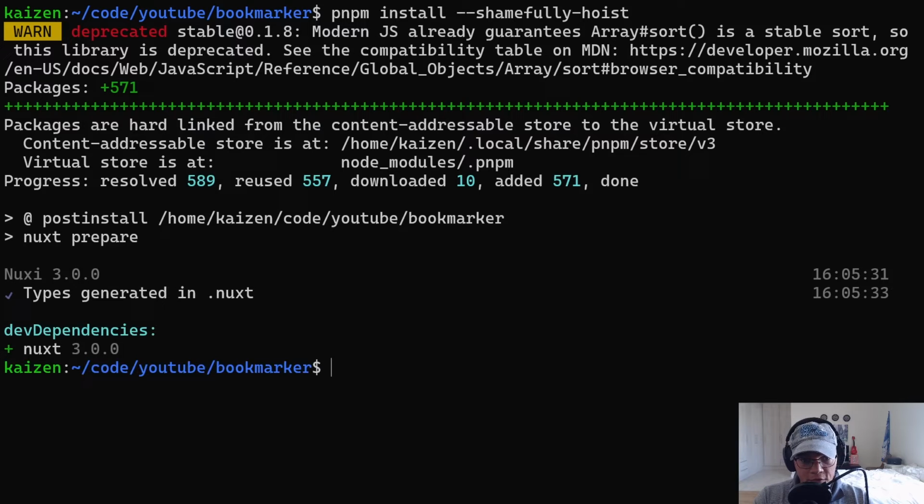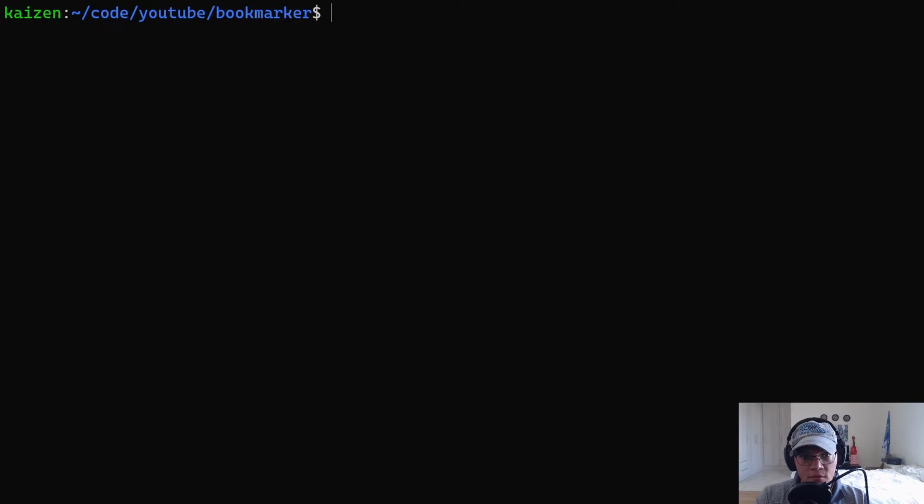So that has finished installing. You can see that types generated in .nuxt. So we've added a new folder called .nuxt, which just basically generates types for you. So what we can do now is, let's just do a pnpm run dev, because that's in, let me show you, cat